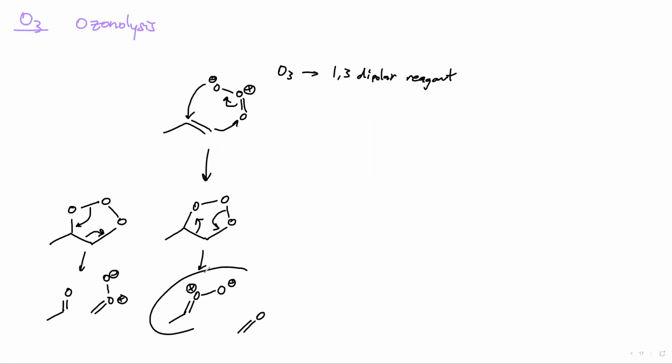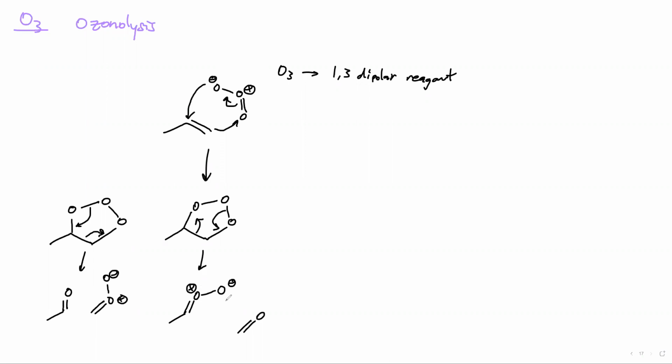This compound here, a carbonyl with an oxygen, is known as a carbonyl oxide. And the carbonyl oxide should look familiar. It should look like something else on this page. If it's not totally obvious, carbonyl oxide looks like O3 in that it's 3 atoms. I know this is 4 atoms, but just focus on these 3 atoms here. We have 3 atoms conjoined where 2 of them have a dipole. And the reason this is important is because if we have this 3 atom configuration, we can do a